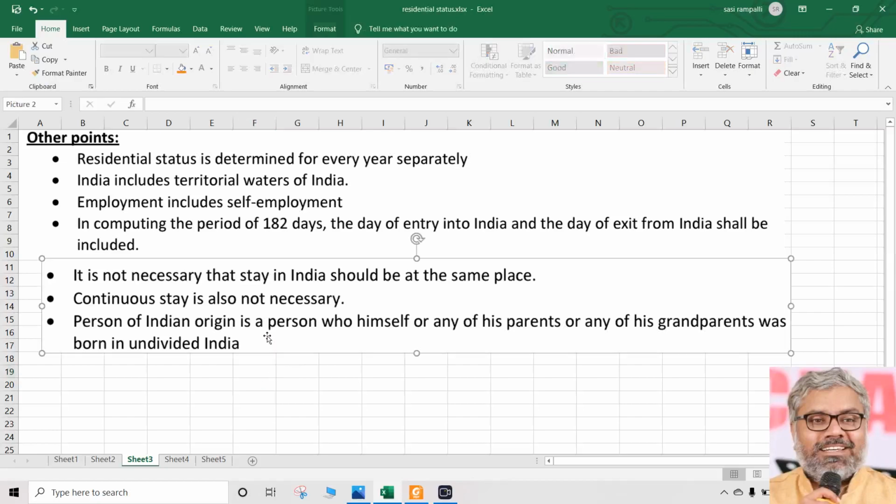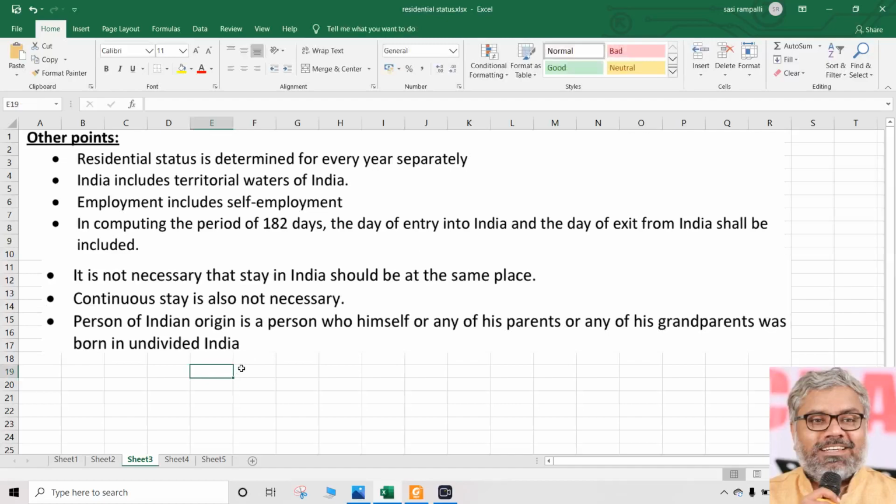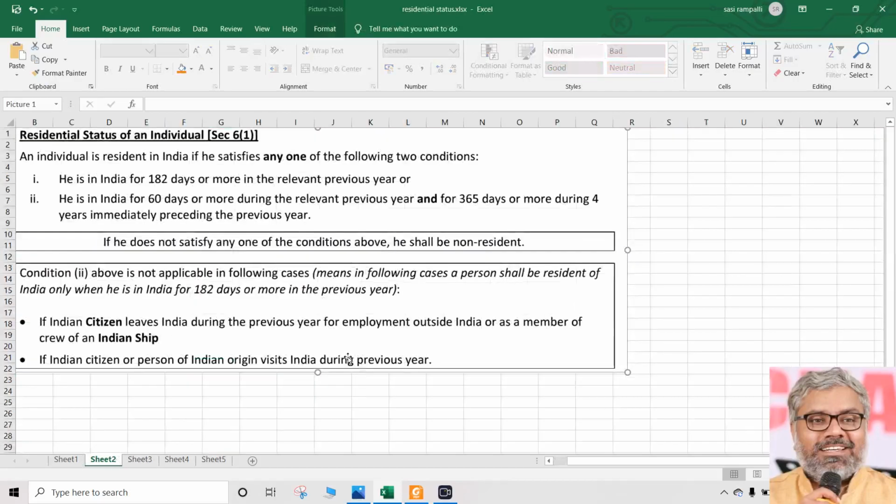So what they should ideally do in reality, there is a card separately called the PIO card, person of Indian origin card. Everybody will not get it, that's what we should understand. That is the discretion of the government, whom it will grant the person of Indian origin card, and whether the government of India allows anybody into India or not is none of our business. That is not what we are talking about. If they allow, then only they will come, no?